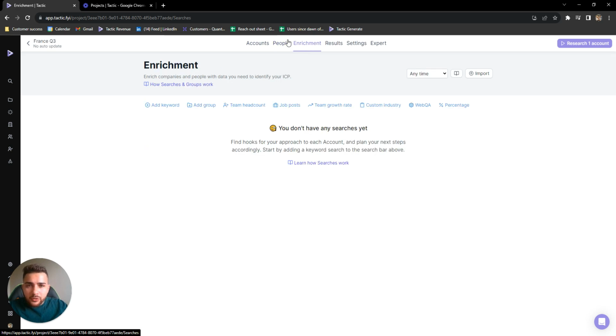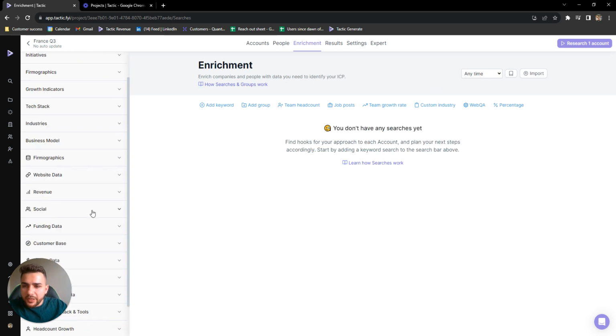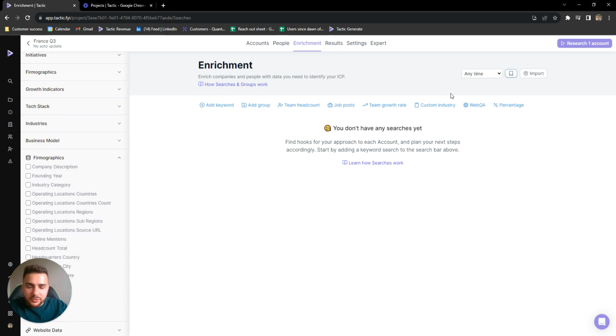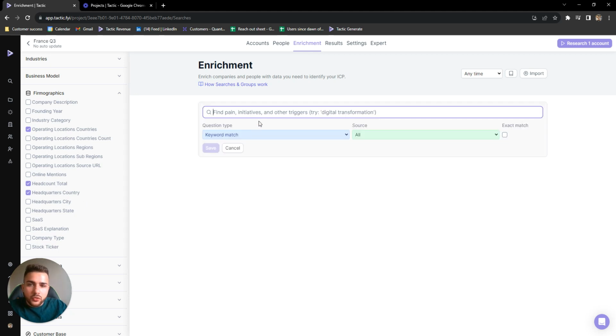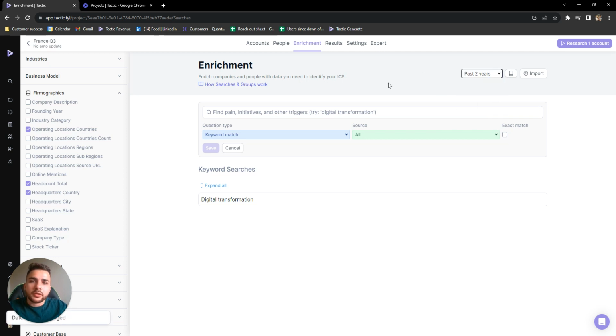And then last but not least is the enrichment tab, and here there are many ways to look up different data, but basically there's a data marketplace. You can look for some important things for you here, and you can also put in different keywords. Another important thing is you can change the time filter here to make sure that all the information that is